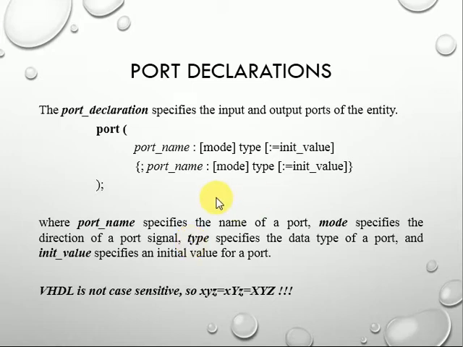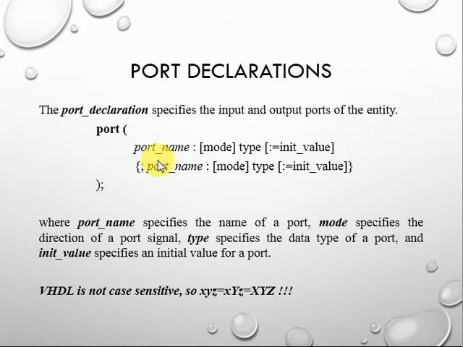So what you need to write here is the port name. This is the name that is given by the user. You can have any name, but remember that you can use underscores to define it.